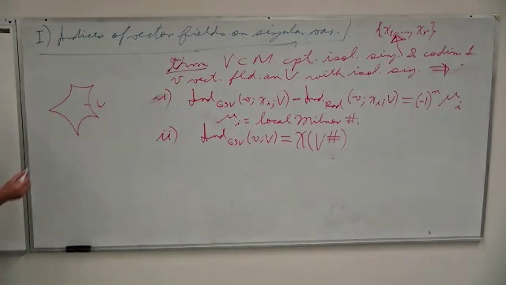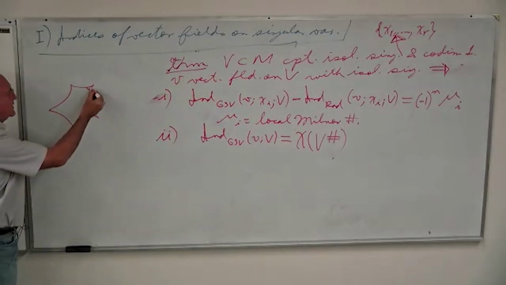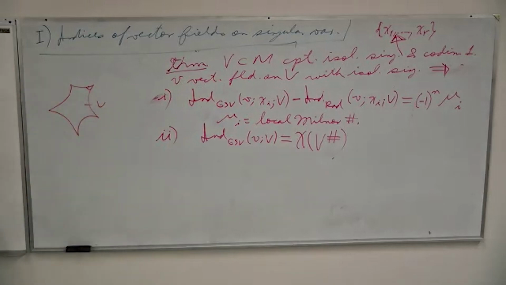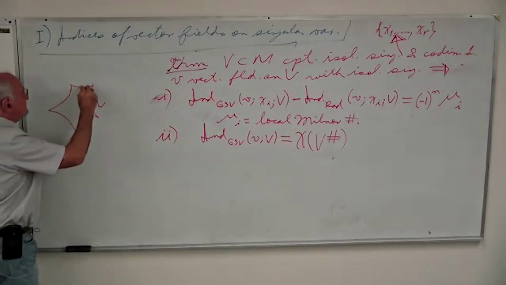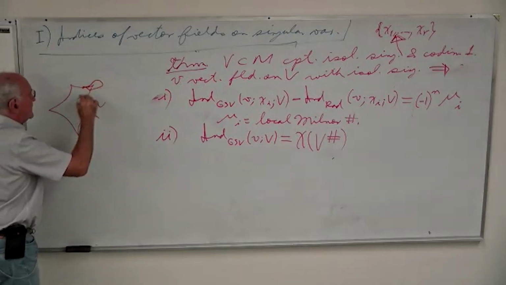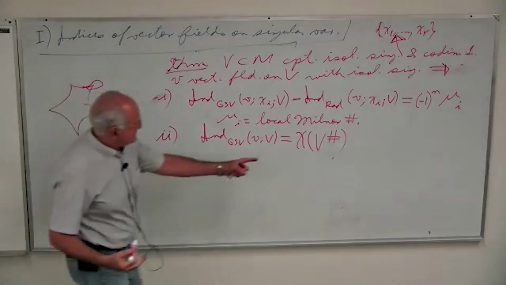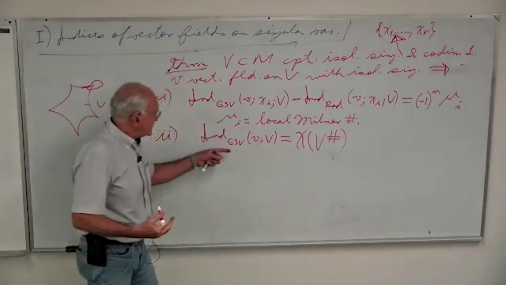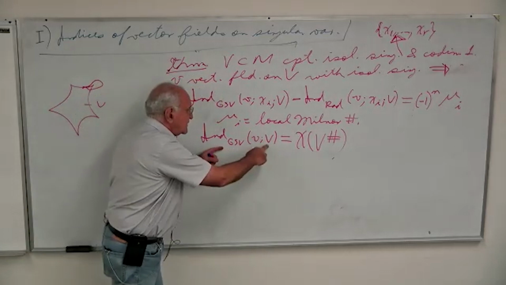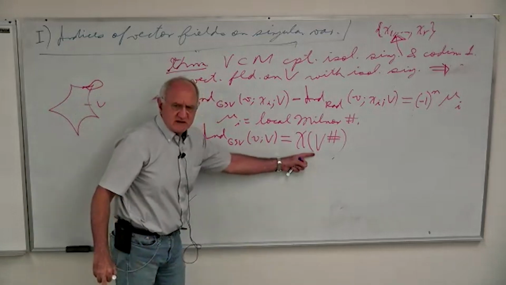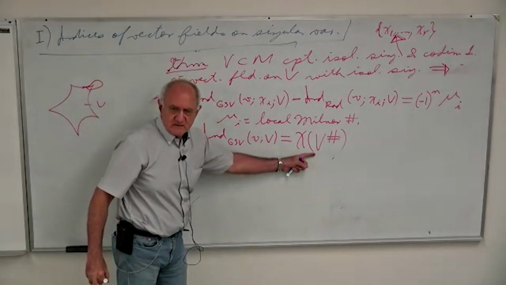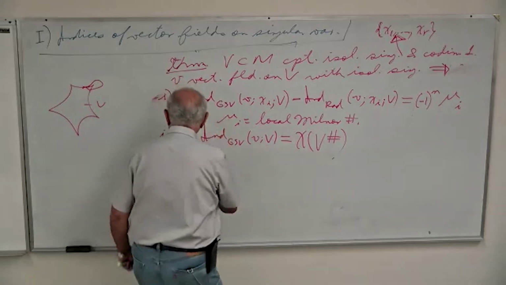And what you do is, at each singular point, you take a conical neighborhood, you chop it off, and you replace it by a local Milnor fiber. So you take a C-infinity smoothing of the singularity. Okay, and that is this manifold now, and then the total GSV index on V is just the Euler characteristic of this smoothing. And then, as a corollary, you get